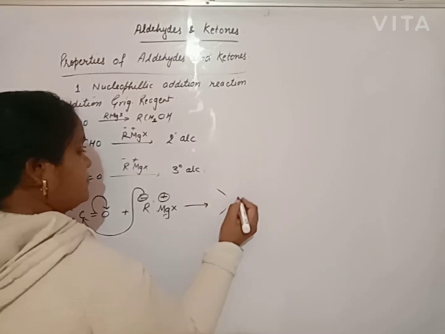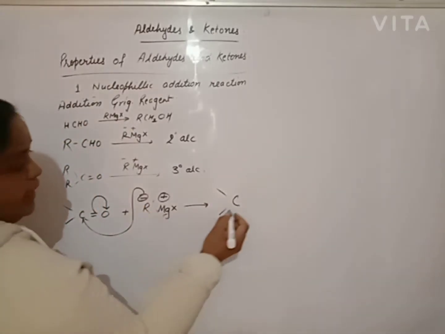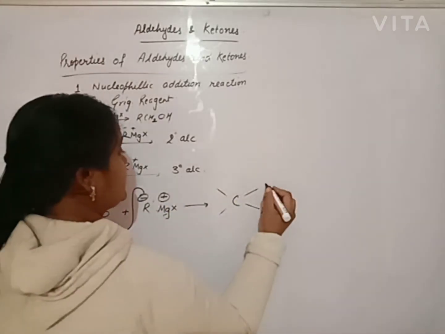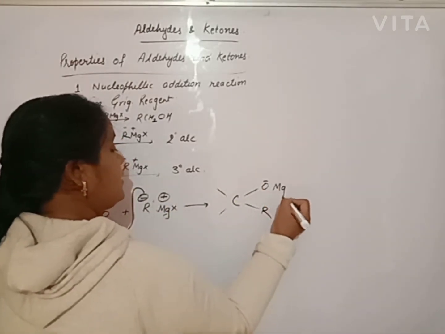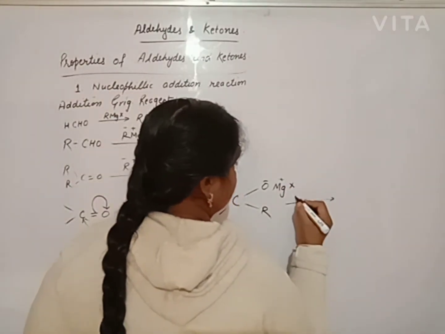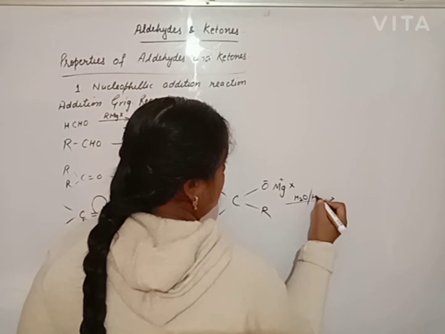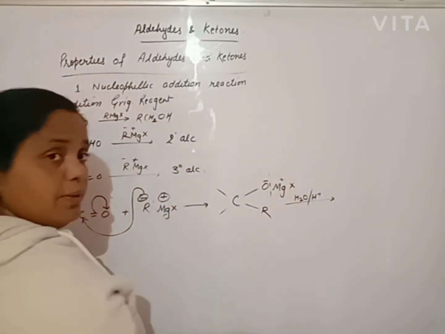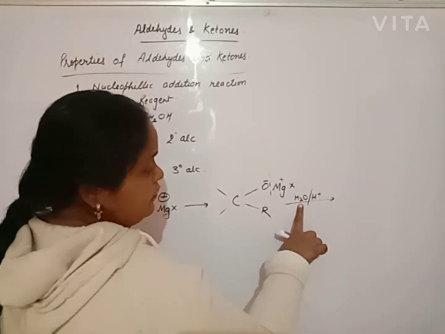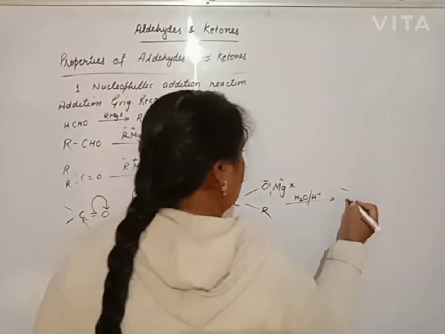That is, the R of the Grignard reagent will attack the carbonyl carbon, and oxygen becomes negatively charged. Then hydrolysis takes place. On hydrolysis, this bond will break, water will dissociate into H positive, OH negative. H positive of water combines with oxygen